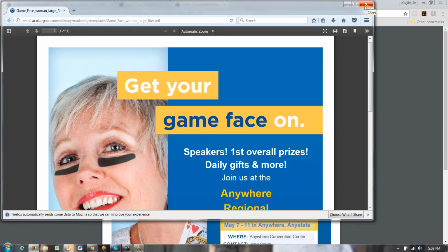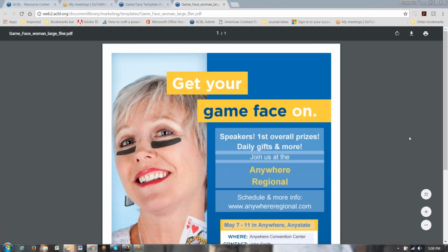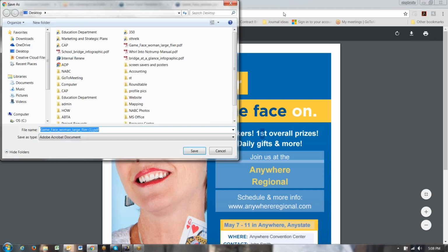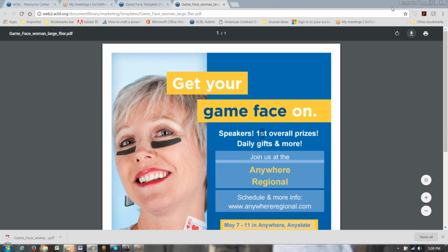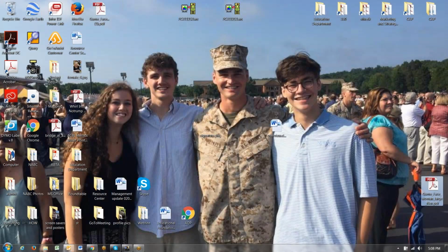So every browser is a little bit different, and it's just a matter of becoming familiar with the browser that you're using. So when you're ready to download, you would just click this button, and I do want to stress, if you start trying to customize your PDF before you've downloaded it, then nothing's going to be saved. You're not going to be able to save it. So you definitely want to download it first and choose where you want to save it. And once again, I'm choosing my desktop, so you'll be able to find it again. All right, so I'm going to go to the desktop and find my flyer that I downloaded